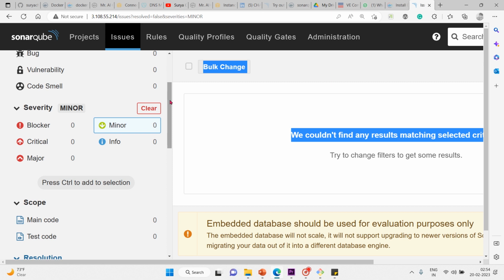issues are automatically closed. That's the status closed when an issue has been properly fixed. That's the resolution fixed. An issue no longer exists because the related coding rule has been deactivated or is no longer available. So issues are automatically reopened when an issue that was manually resolved as fixed is shown by subsequent analysis to still exist. So then